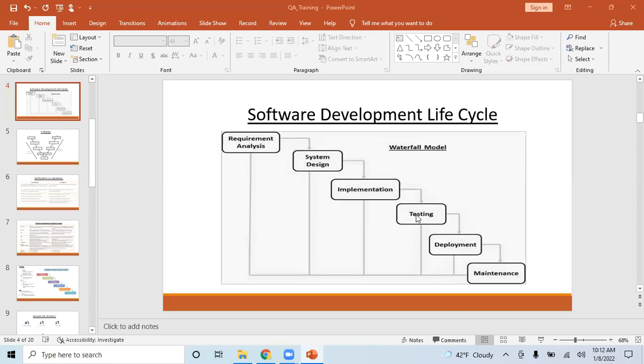The important thing is what is coming out of each phase, because testers should question if somebody gives you a build. You joined a team, suddenly you got one mail saying, hey team, we have developed this code, you test it. This will happen many times, and you don't have a proper requirement or proper system design for that. So the first thing you have to ask is where is the requirement, or where is the system design for that.